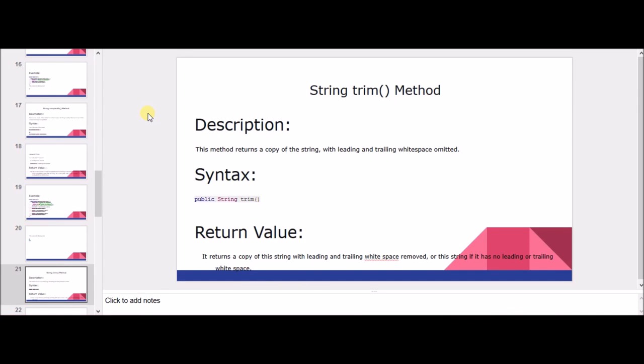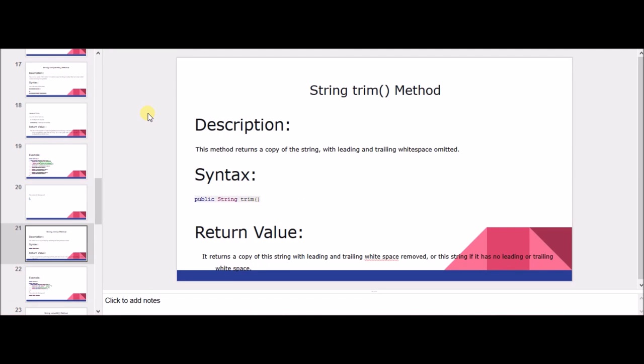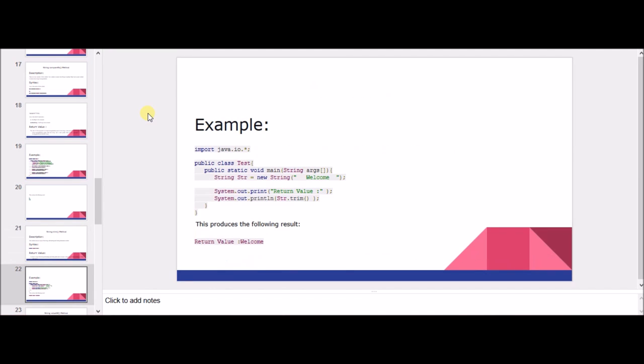Moving on to the next method. The next method is trim. This returns a copy of the string with the leading and trailing white space omitted. The syntax is string.trim().